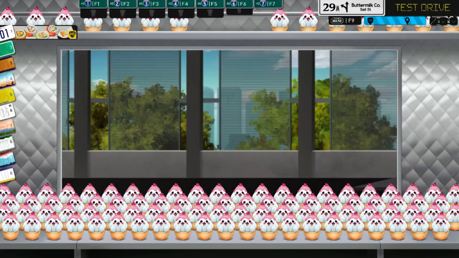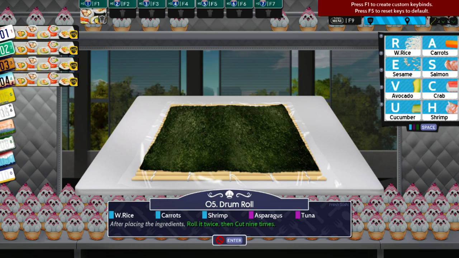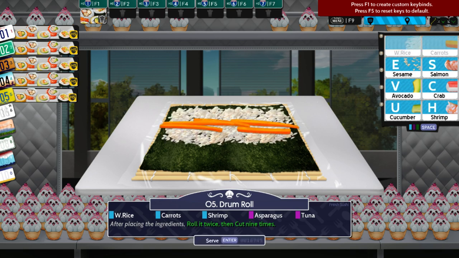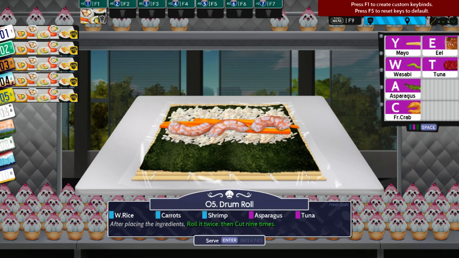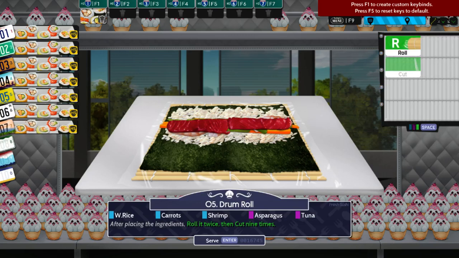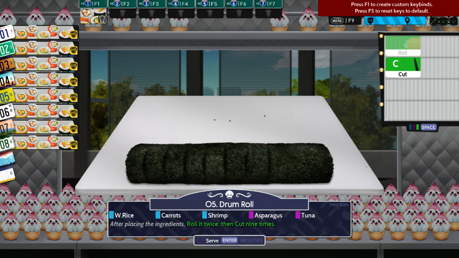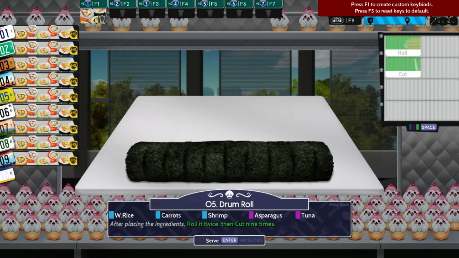This one's a pain in the ass one, I remember. The minigame is kind of whatever, it has a lot to it, but it's not the hardest thing. But the thing that makes this tough... Okay, rice, carrot, shrimp, asparagus, tuna... Okay, first there's this BS. Roll, 1, 2, 3, 4, 5, 6, 7, 8, 9. You have to hit it 9 times. And then after all of that...